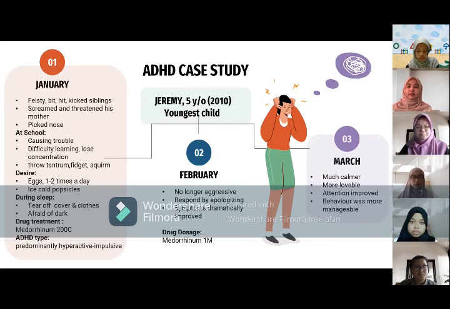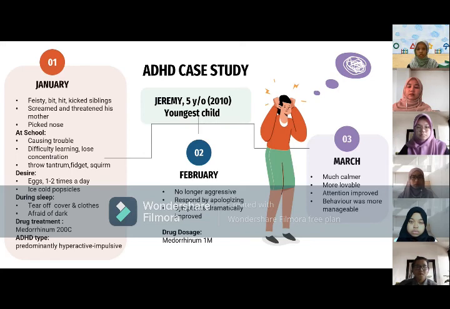On February 17, 2010, he returned for his follow-up on the Medorrhinum 200C single dose. He was no longer as aggressive and was not hitting his siblings as much as before. The restlessness and impatience had improved, and he was no longer threatening his mom when he got in trouble. He would respond by apologizing rather than threatening his mom. His mom also reported that overall Jeremy was much calmer, and it appeared that he reacted positively to Medorrhinum 200C, and it was time for another dose.